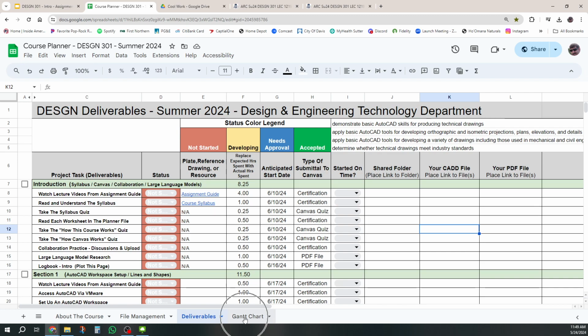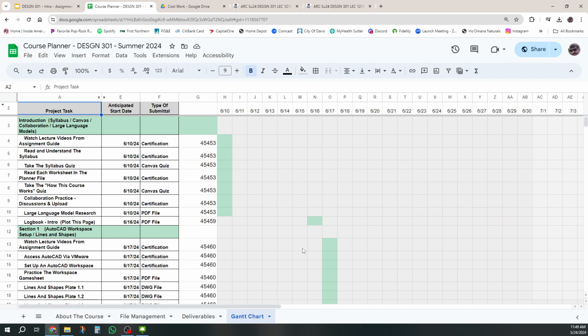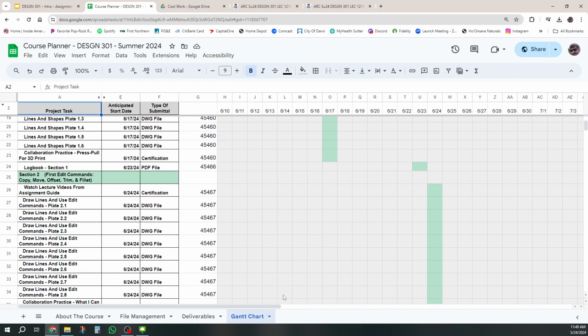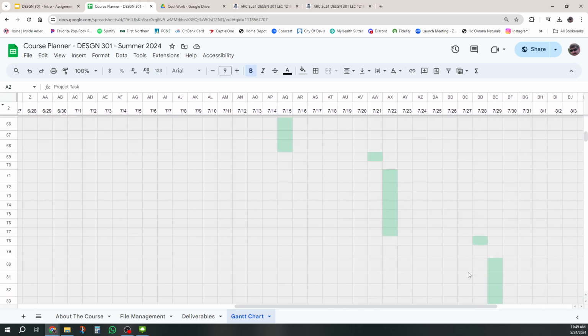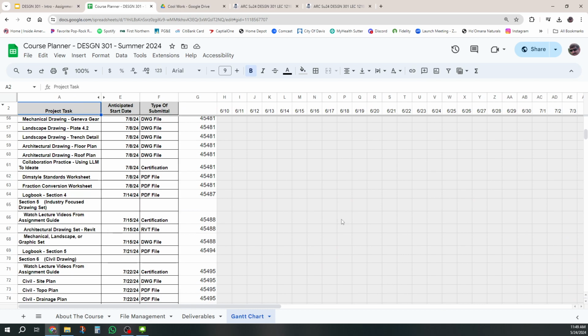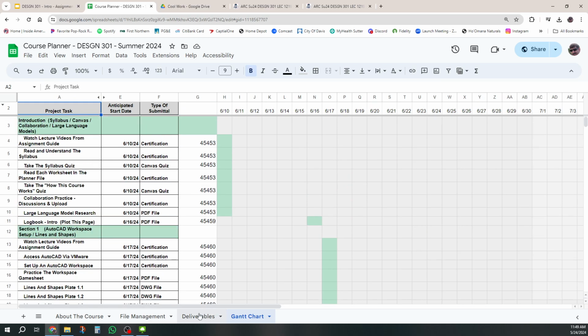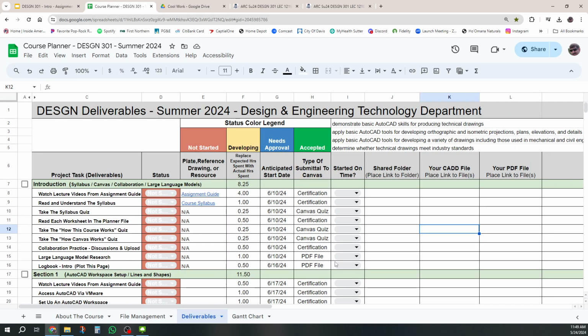Now some people like to see it visually, so I've given a little visual one here where you can see when things start and when they're due and what happens. Okay? But we're mostly going to work in here. So look forward to another video with more information, like what are these checkboxes about? How do I make this view a little bit nicer? But you know what everything is now. Deliverables, status, where to get it, how much time you worked,